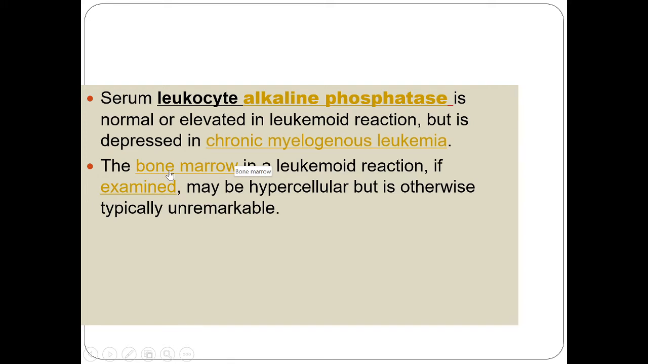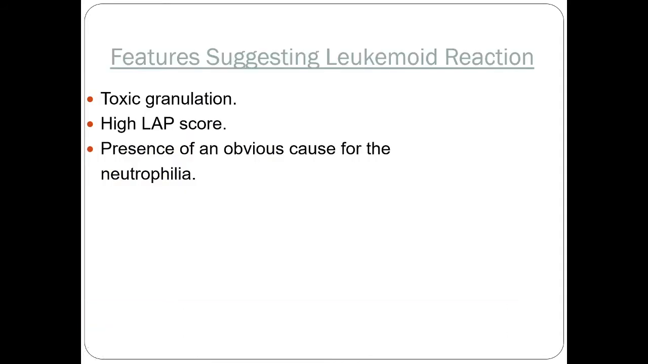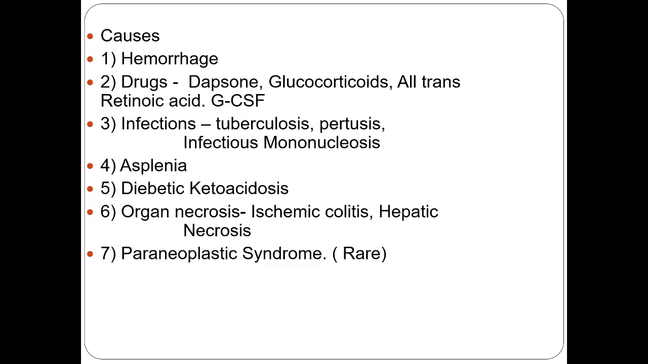Now, if we examine the bone marrow in leukemoid reaction, the bone marrow is hypercellular but otherwise typically unremarkable. Features suggesting a leukemoid reaction are toxic granulation in neutrophils, high LAP score, and presence of an obvious cause for the neutrophilia. Other causes for the leukemoid reaction: hemorrhage, drugs like Dapsone, glucocorticoids, all-trans retinoic acid, granulocytic colony stimulating